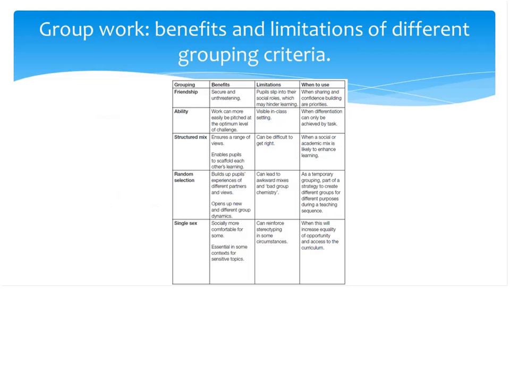So within group work, we're looking at the benefits and limitations of different types of groups. Friendship groups, children will be very secure. Ability groups, that will be very good if you want to take one ability group a step higher. But what happens if you always work in ability groups? The lower ability children never get to see or hear higher level maths because they're always working with children of the same level. How about flexible grouping?